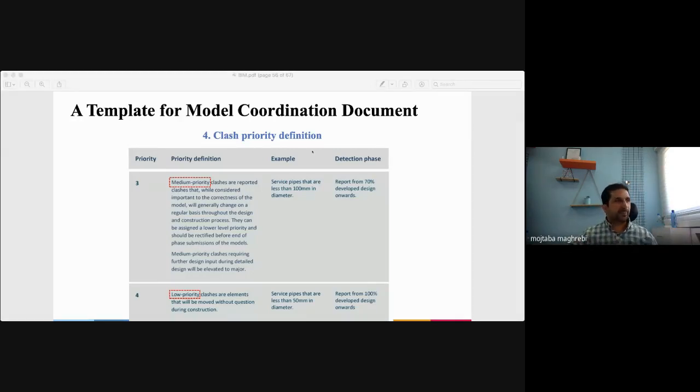Clash. We have architectural drawings, and structural drawings that are totally independent. Electrical, piping, fire, and you have a bunch of different sorts of independent drawings.